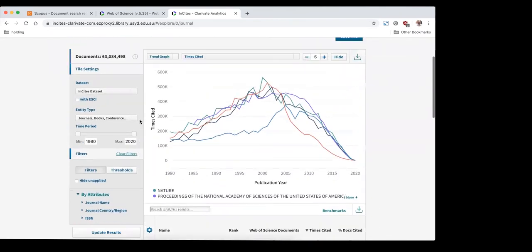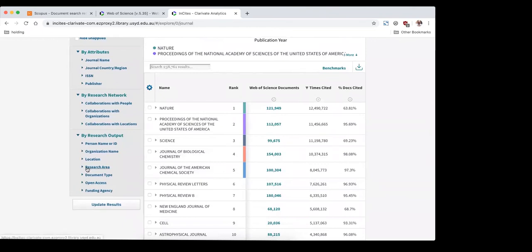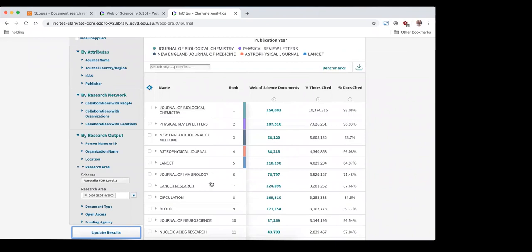Yeah, so you go into the journals, books and conferences, and then it's research area. And then you can go in by FOR code if you want. So let's go 0404, update results. And these are